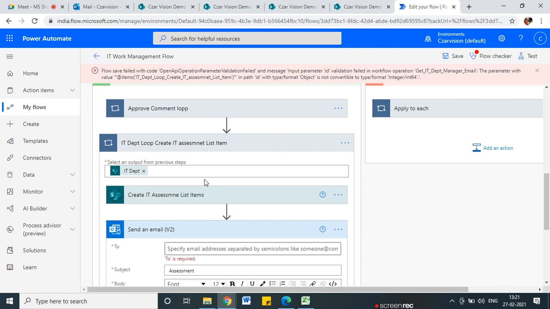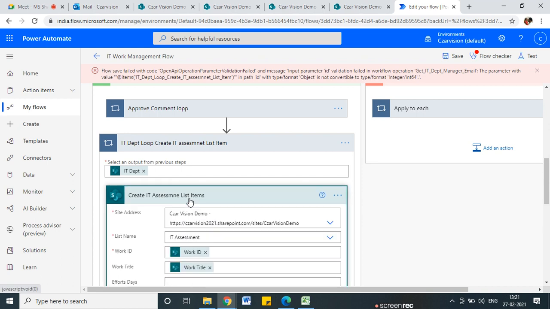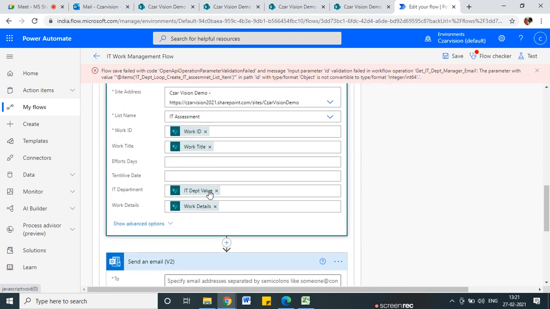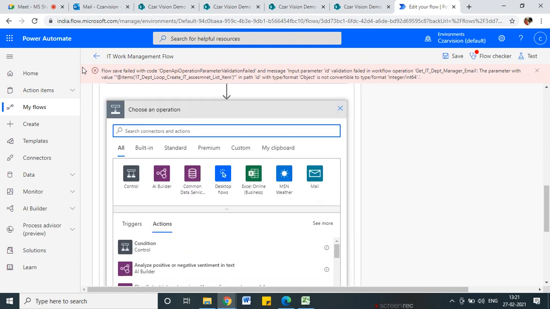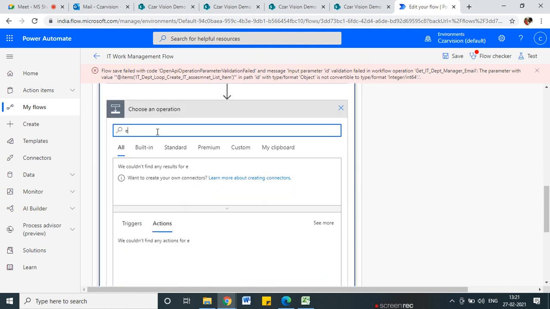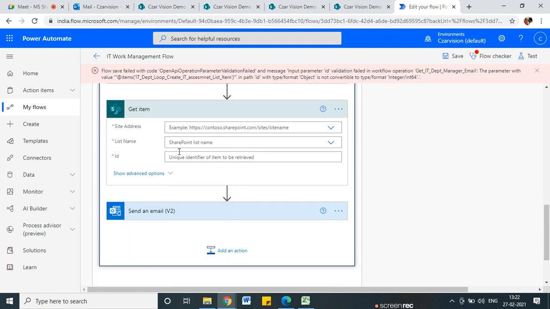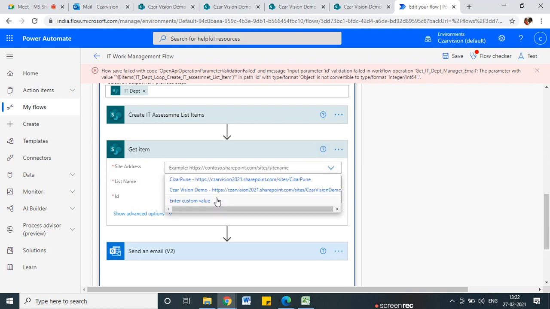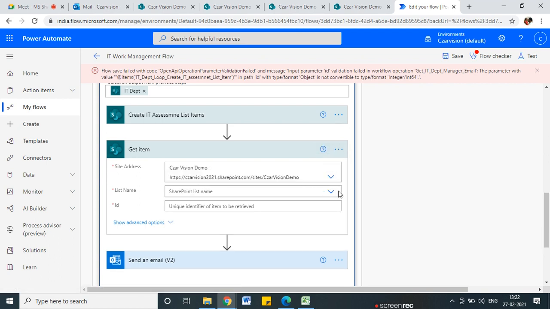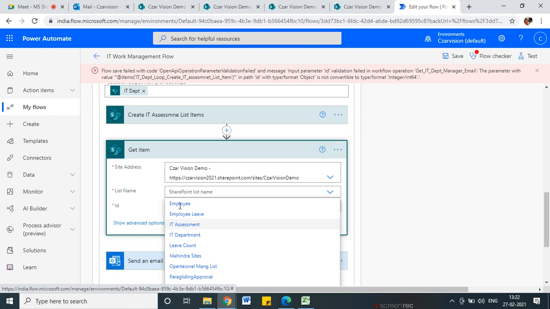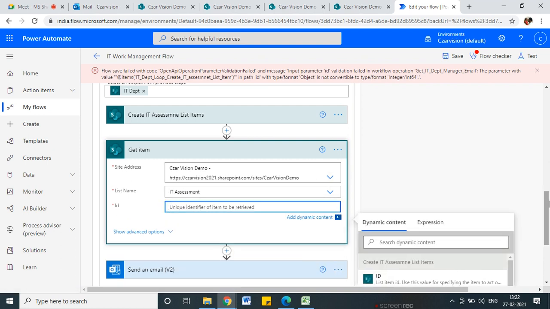just a moment, we are looping it here with the IT department trigger. Just a minute guys, IT department value is value and IT department ID. Just a minute, sorry, I have removed it. So again I'll say get atom, just a bit confusing for me, just checking how I can take that item. So here list is IT assessment list, and here I put the okay